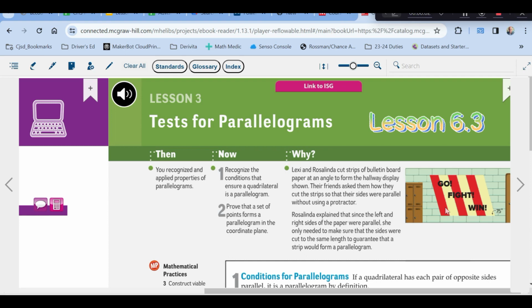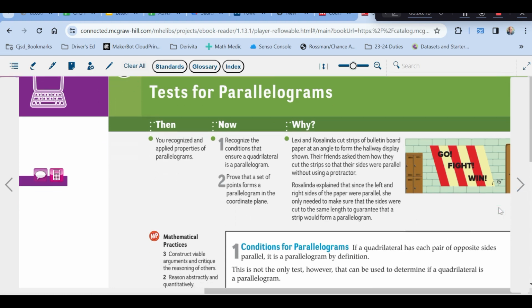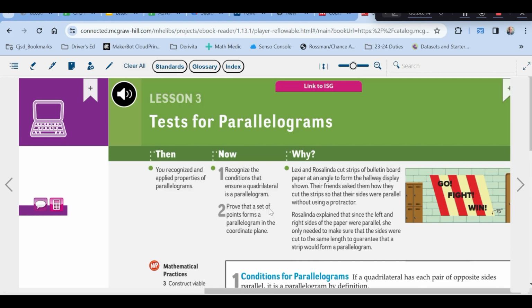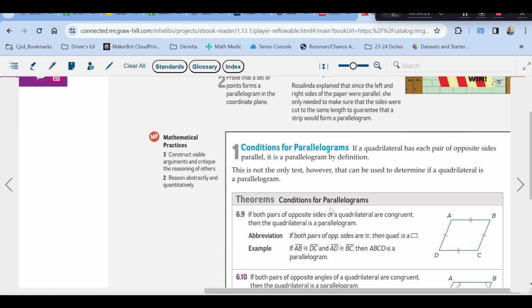Okay, on our definition of a parallelogram, we know that opposite sides are parallel, but it turns out there's a lot more going on than just that. And in fact, in this lesson, 6-3, we learn how we can test to see if something actually is a parallelogram. Okay? So the definition again, if each pair of opposite sides is parallel to each other, it is a parallelogram